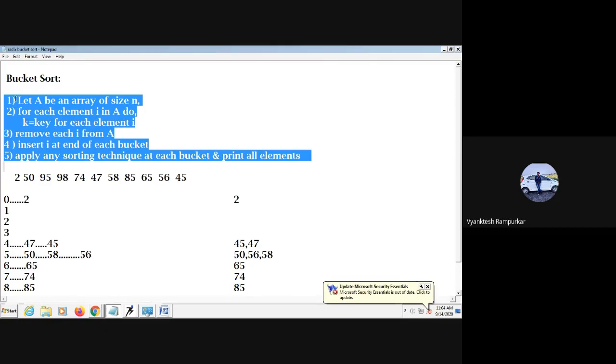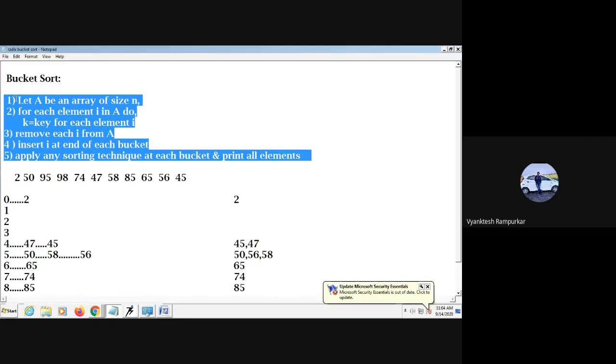Once again, in radix sort, we accept an array A of size n. Then for each digit I, we do the following, where I varies from LSB to MSB.